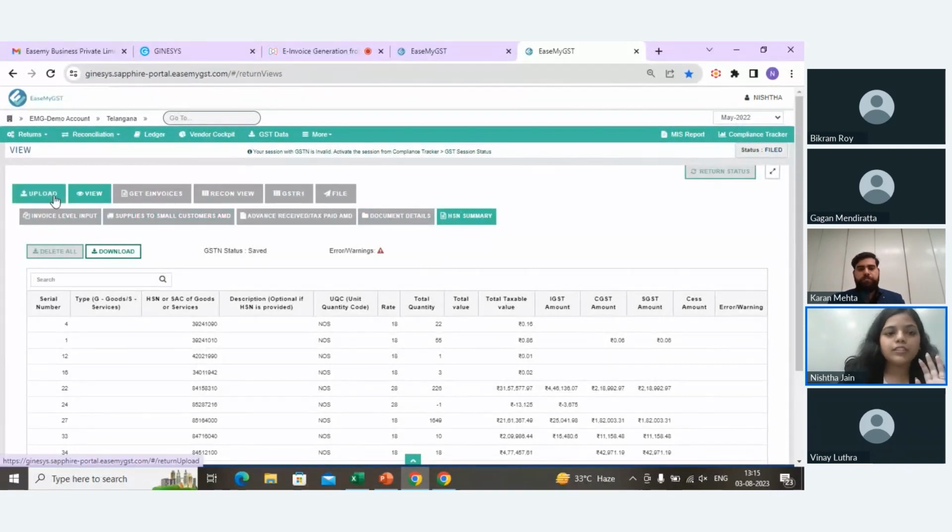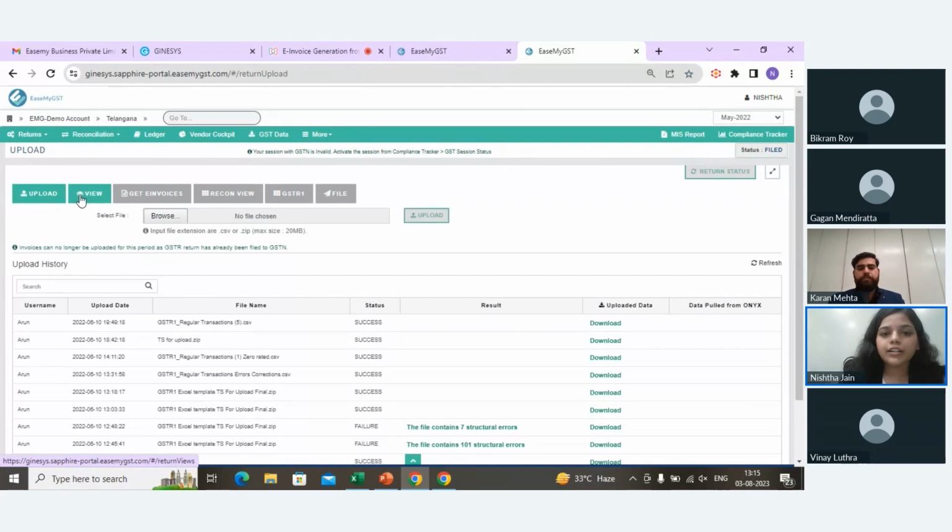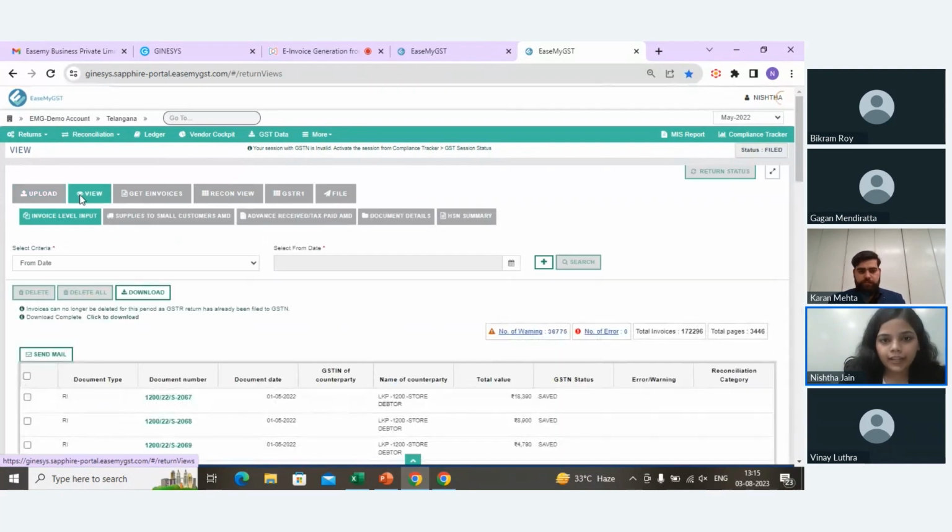We just require your data, which is already generated by Ginesys. So if you are doing an entry and posting, your data will synchronize on EaseMyGST by itself. You don't have to work further on that. Okay, so this is the view section where we have the invoice level wise data, and we have multiple criteria